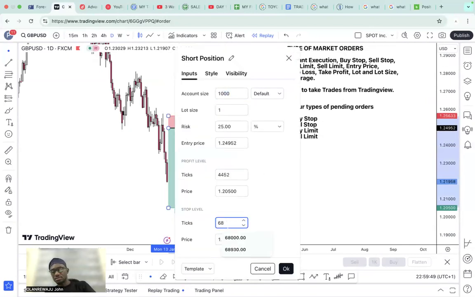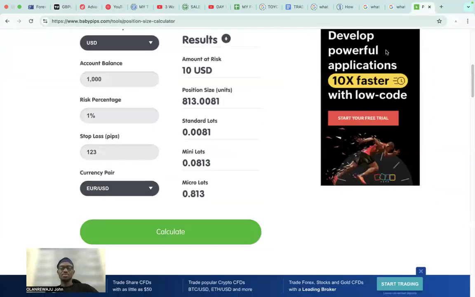So this is 68 pips. Let us go and put 68 pips and see another example. Remember that this one was 0.08, right? So for 68, let's see. Can you see that it has changed? So meaning that this same trade,